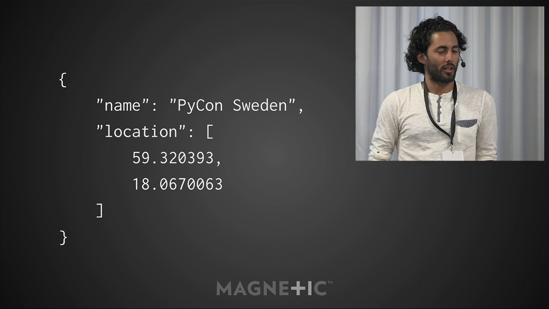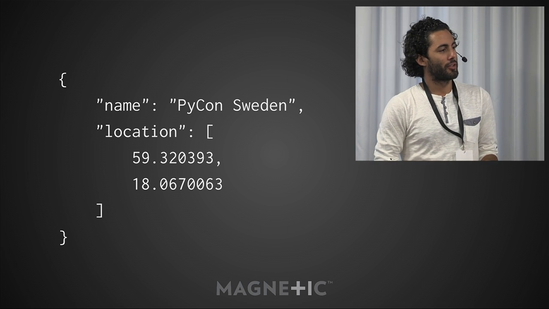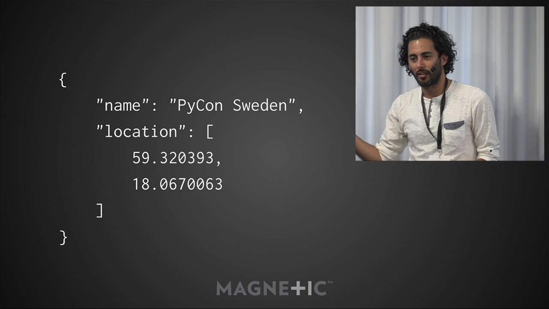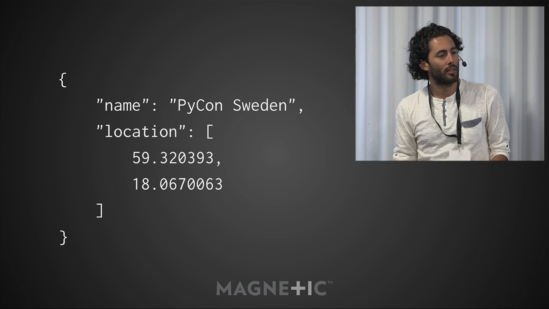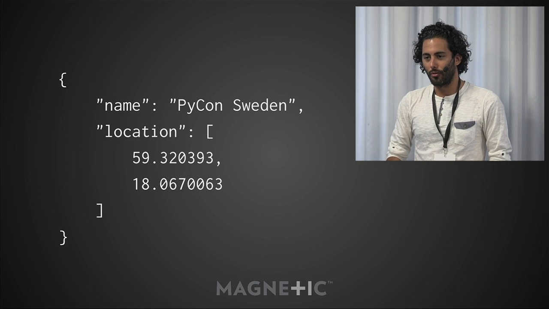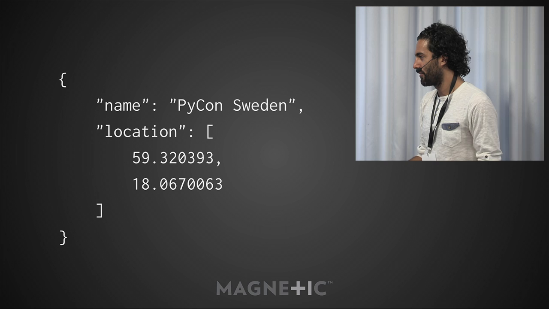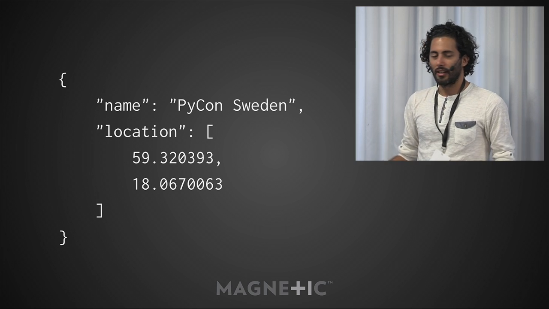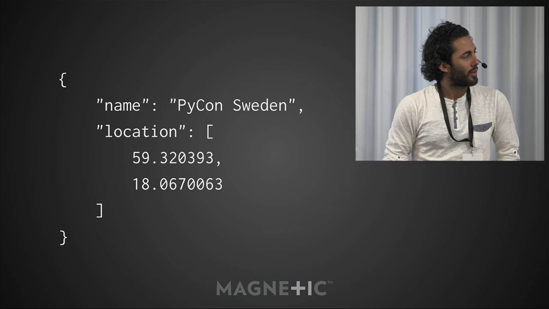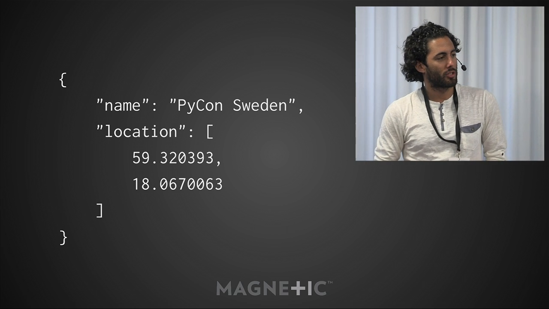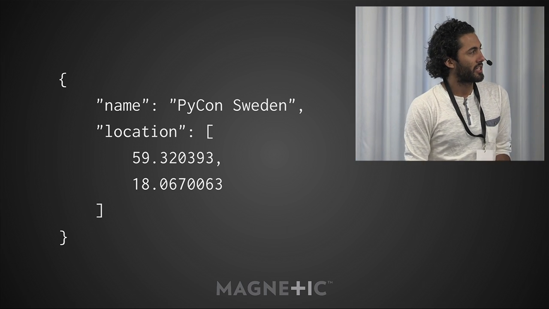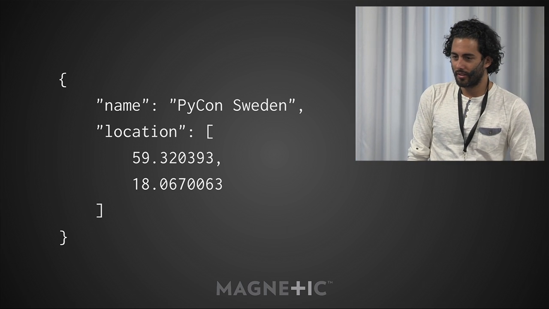And so people create this structured representation of their data, and sooner or later when you create structured representations of data, someone comes along eventually and says, I want to be able to schematize the data that I just represented, so that I can inform people or validate against a particular schema that the data I'm sending or receiving is in a particular shape. And so along comes JSON schema, which is basically a specification for doing exactly that. So here's an example of a JSON document, and I'm sure everyone has seen things like this before.